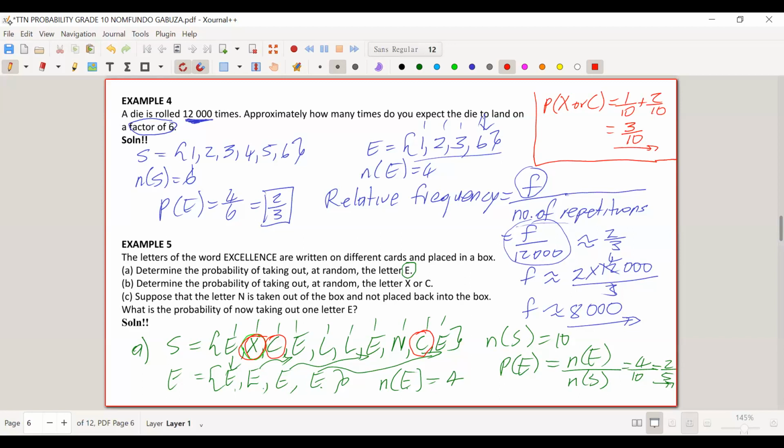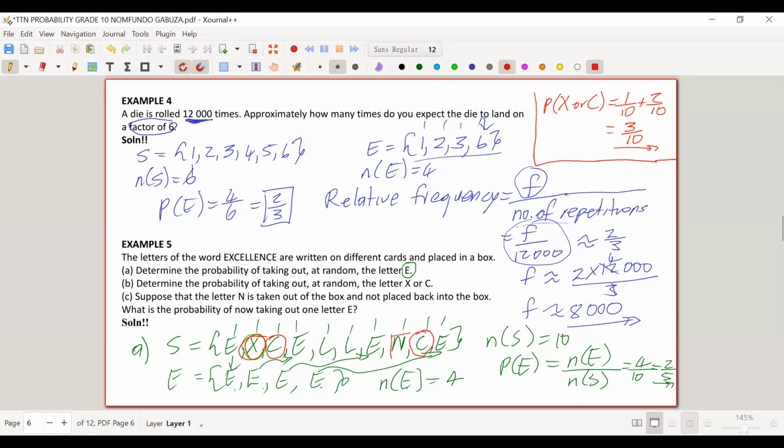Okay, so let's move on to number C. Number C is saying, suppose that the letter N is taken out of the box and not placed back into the box. What is the probability of now taking out the letter E? So which means the letter N